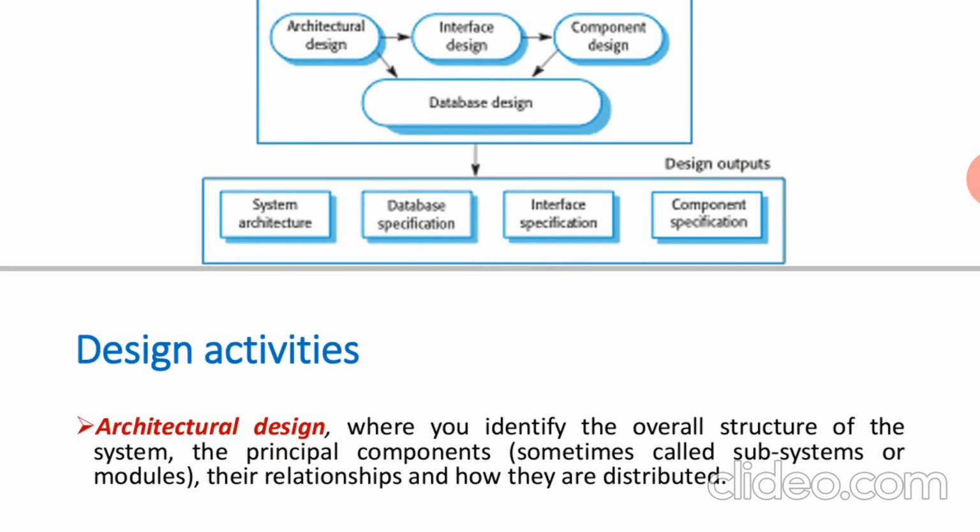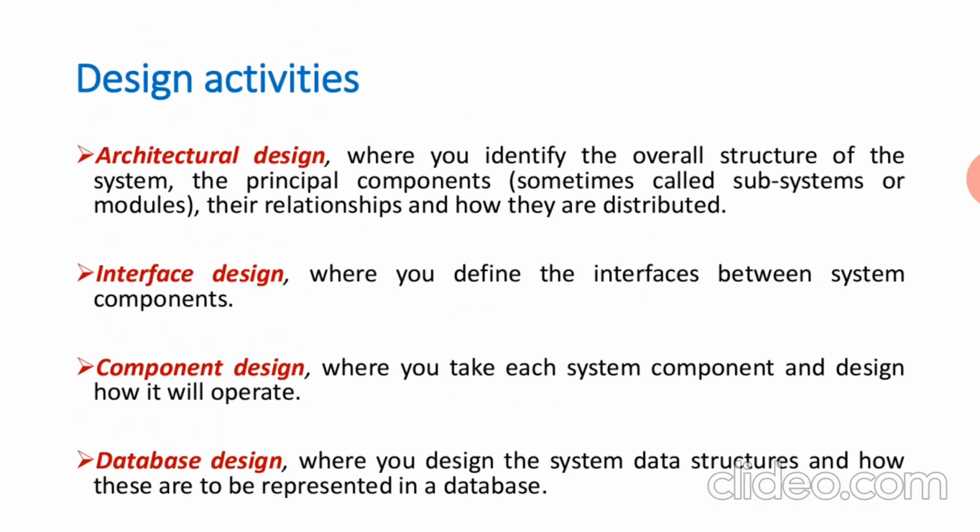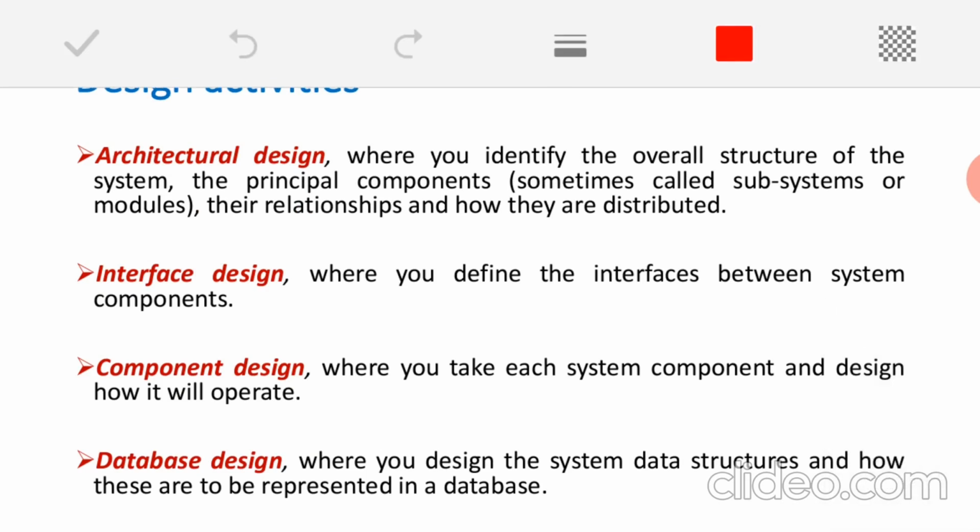Okay. Now we will discuss these design activities one by one. Just note what we listed. There are 4 different design activities which will be carried out under the design process. The very first one is architectural design. In the architectural design, normally we define the architecture of my overall software system. So that will be developed.